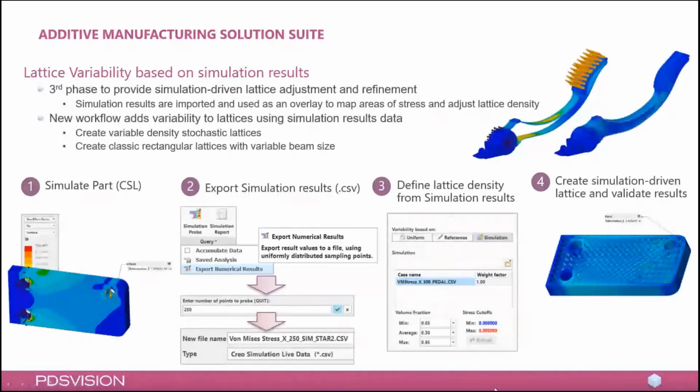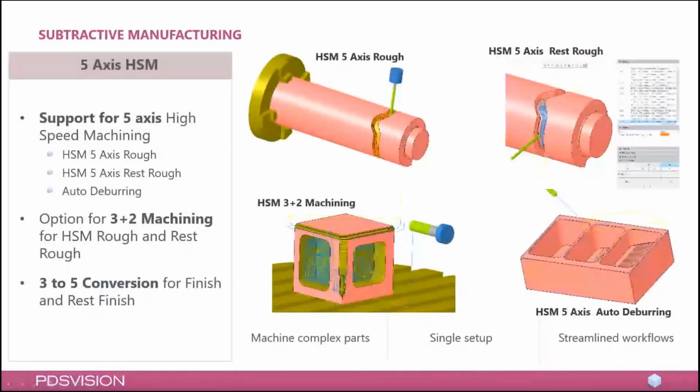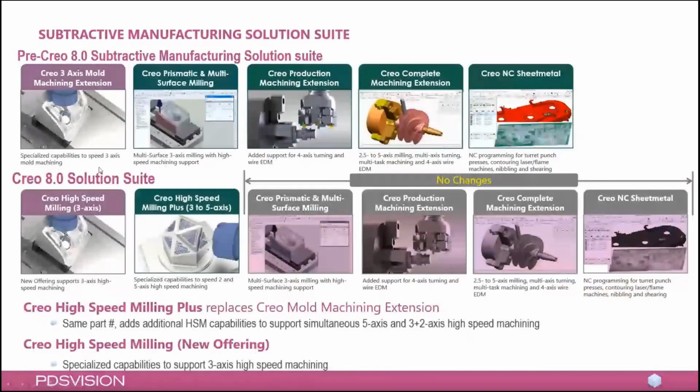Then something new for subtractive manufacturing. What we do have as a new feature is 5-axis high-speed milling. And we have, of course, so far had 3-axis high-speed milling, but the 5-axis has been lacking in there, even though Creo Parametric also supports 5-axis milling. But the toolpaths generated specifically for 5-axis milling with the high-speed milling approach have been lacking. So there will be around 7 new toolpaths,